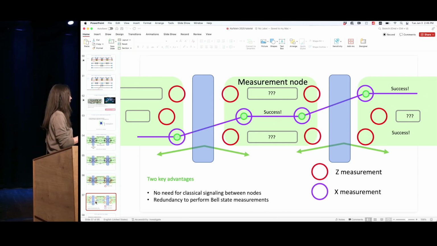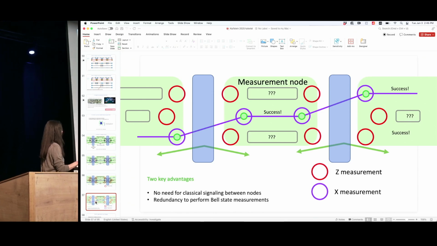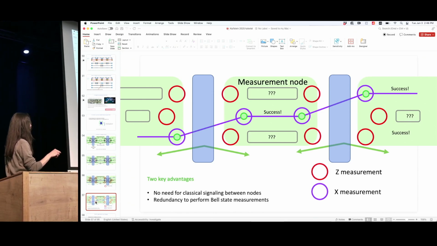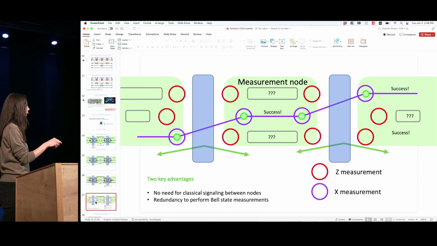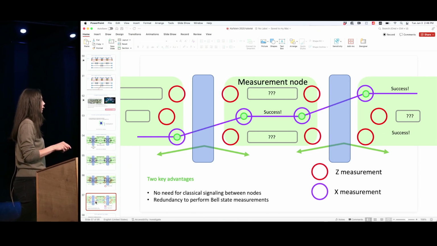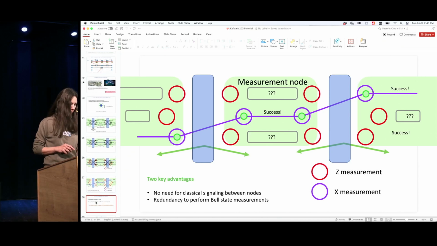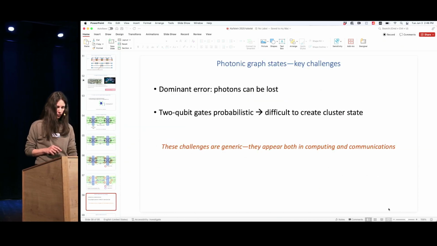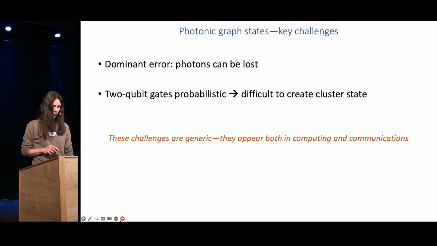So this brings in advantages. One is that I don't need classical signaling because there's nothing in this node. I just need Alice and Bob to know my measurement outcomes. And there's this redundancy for the Bell state measurement, which was my difficult part. But of course,